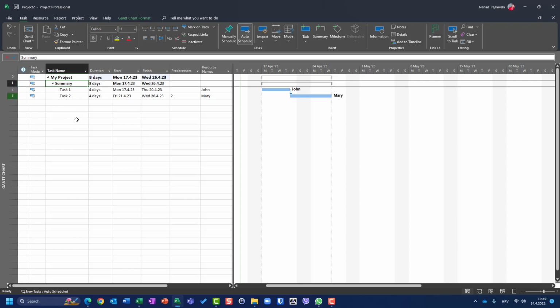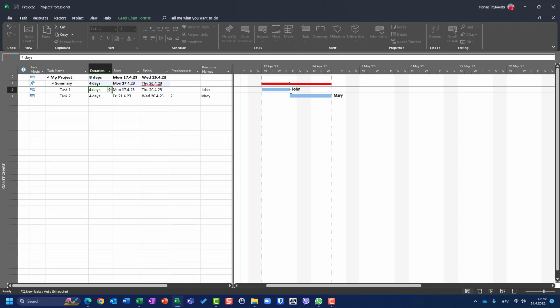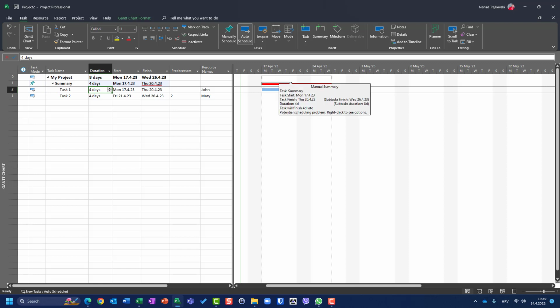For this purpose, I created two tasks, task 1 and task 2. John and Mary are there, 4 days each task, a simple schedule, very clear, and you see that the summary task is calculated as 8 days. Okay, great. What if I change this to, let's say, 4 days? You will see that I will have this gray line in 4 days and the red line which indicates